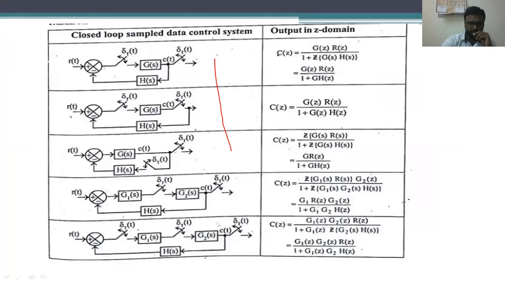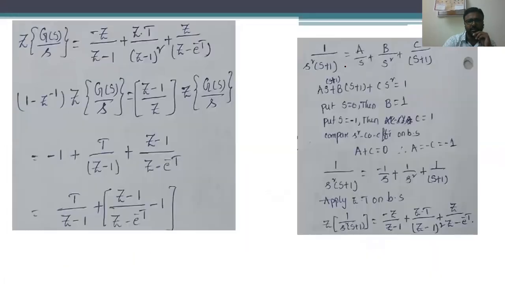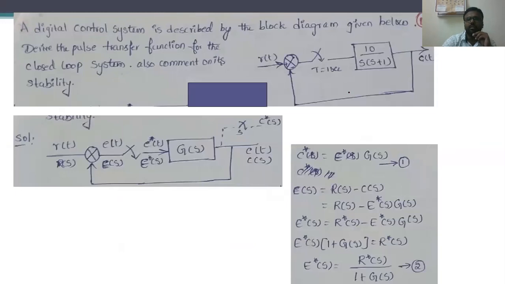There is no need to calculate all the steps. We can just take that particular final output in Z terms. So in our problem, the block diagram representation has no zero order hold circuit. He has given only one block, that is 10 divided by S into S plus 1, and the feedback path is 1. There is no value given, so we have to take the value as unity.